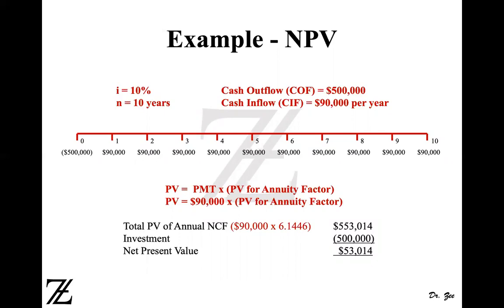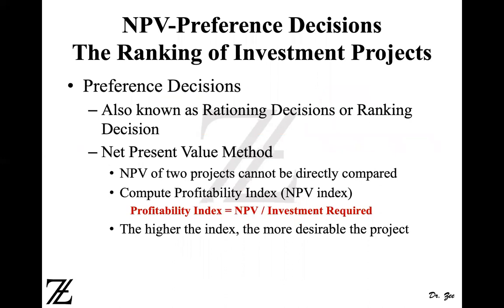So you should accept that project, right? You should invest in this machine. So NPV is used for your screening decisions. Once you have multiple projects, then you need to decide which one you're going to prefer. You're going to prefer project A, project B, project C. You're going to invest in machine A, B, C, equipment A, B, C, or D, right? So for that, you need to rank.